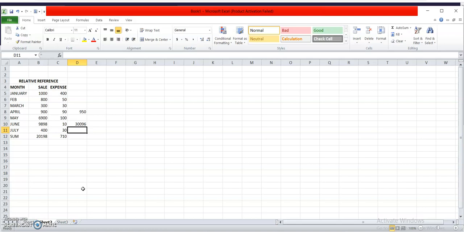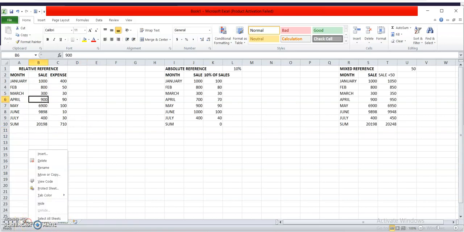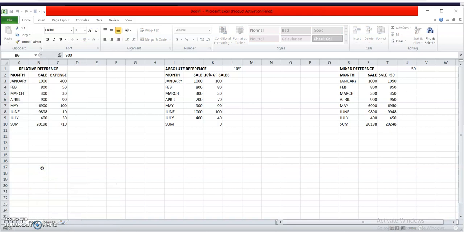So the next topic is naming a sheet tab. This is Sheet1, this is Sheet2. We can rename these sheets. If I want to rename this, I will simply right click over it. Then I can write the name 7th class. This is the name of the first sheet.